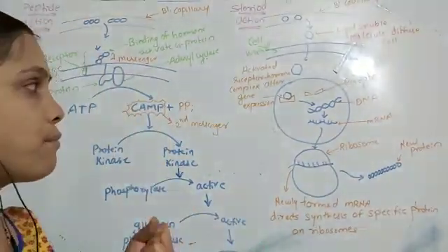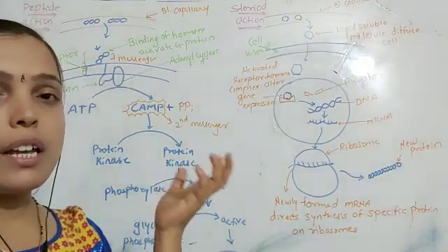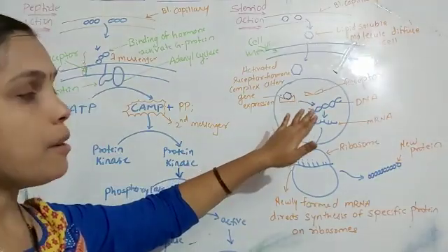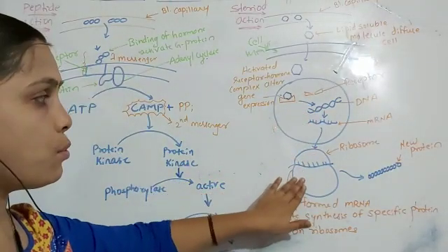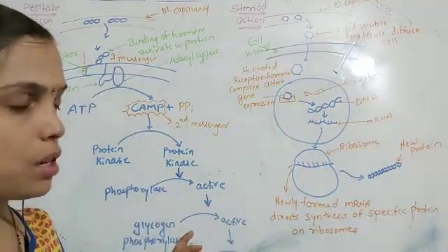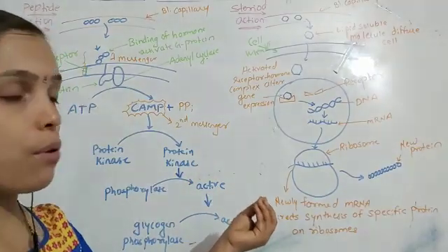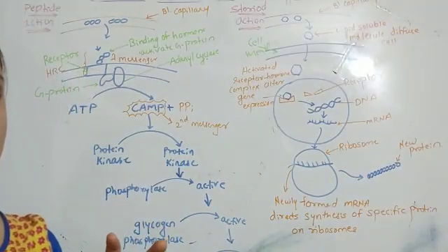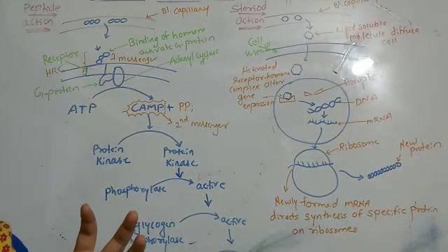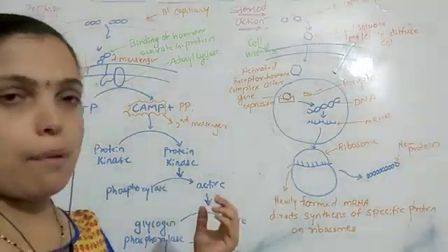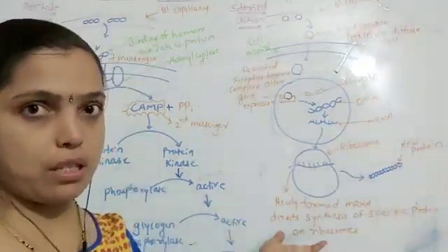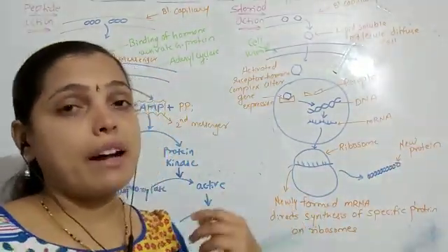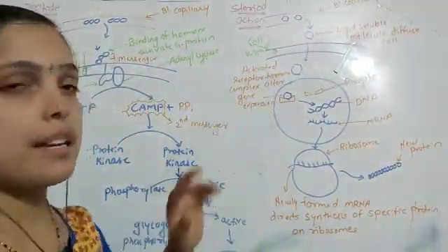New strand of mRNA is formed here, and that mRNA is going to be carried out in the cytoplasm to the ribosome. It binds to the ribosome for the synthesis of proteins here. As you know, ribosomes are the protein synthesis factories where proteins are synthesized. So in this action, what is synthesized? New protein is synthesized by the alteration of gene expression here.